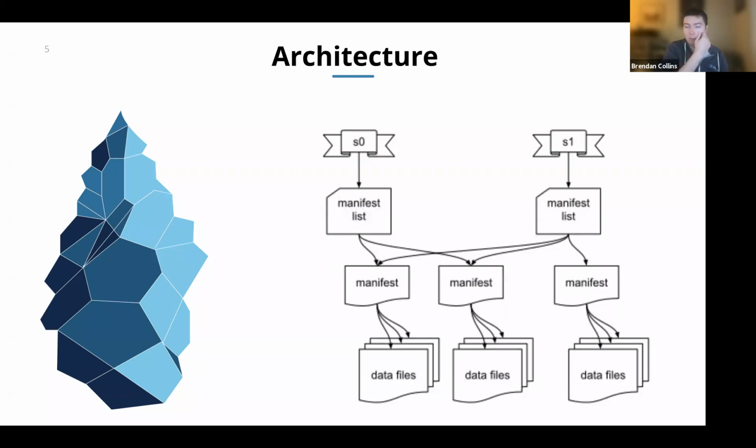So it gives more flexibility around being able to point at which data exists at points in time or in certain locations, right? So it allows more flexibility when querying. A query will come in that's for snapshot 0. The manifest list will point exactly to the 2 manifests or the 3 manifests or the 1,000 manifests that apply for that query. And then those manifests will point you at the underlying files that need to be queried